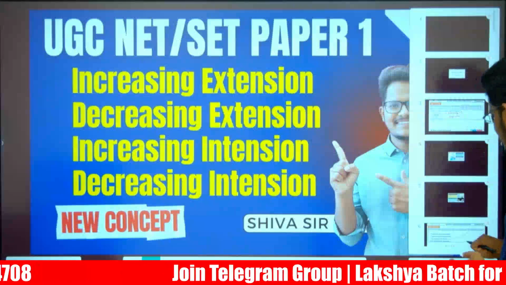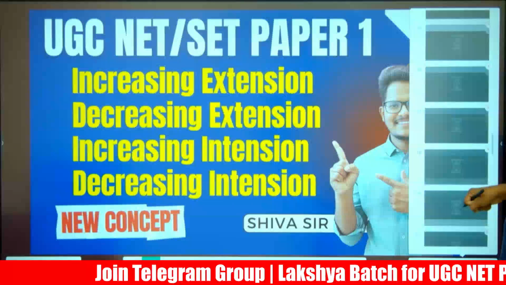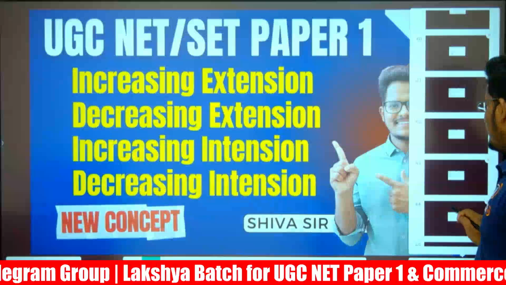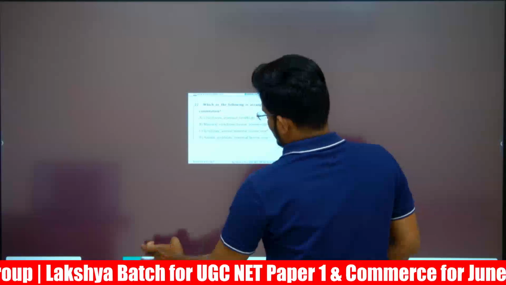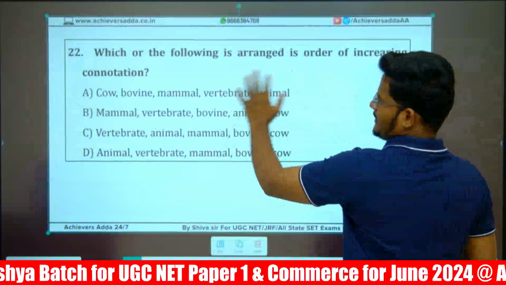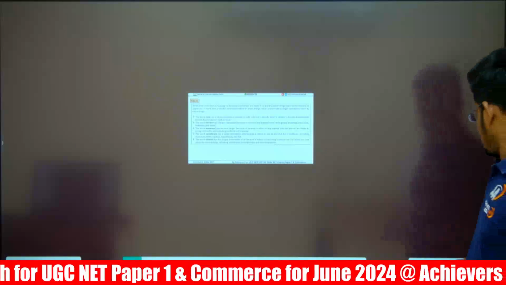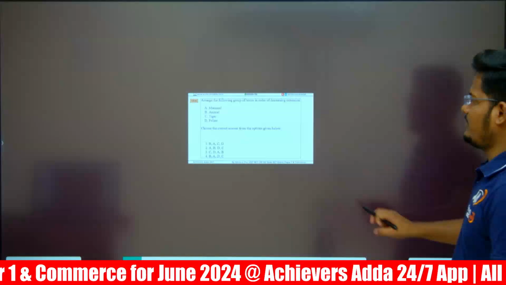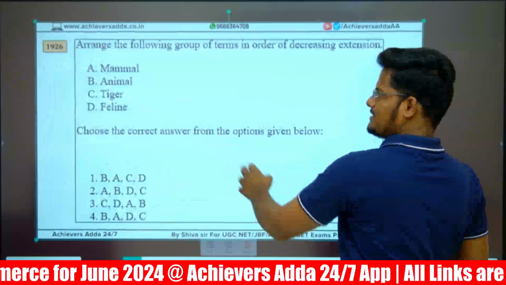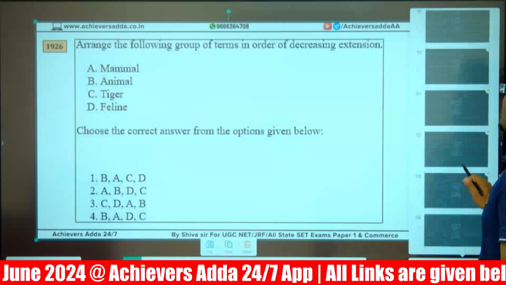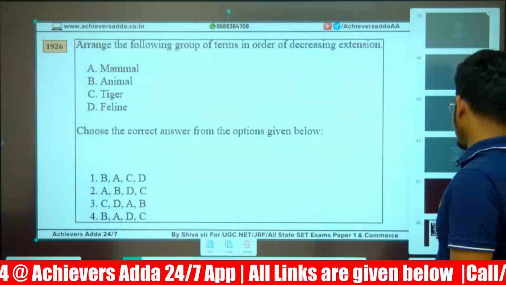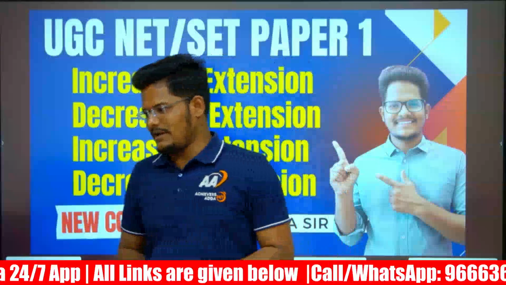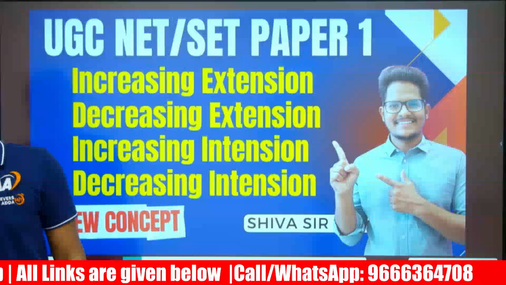I think you might have seen questions like this in the recent examinations, whether it is December 2023 or June 2023. Like, arrange the order in a decreasing connotation, or increasing denotation, or decreasing extension. All these questions will get solved if you understand this concept called increasing intention and decreasing extension. All these things I will explain in just 10 minutes of time. Okay. So let us